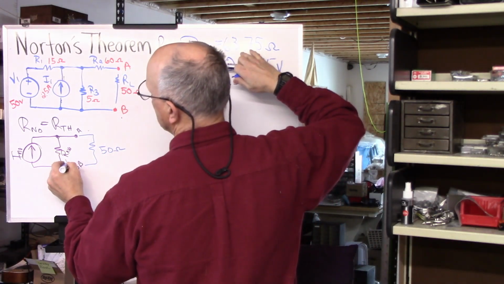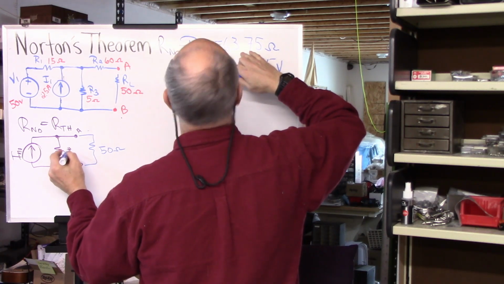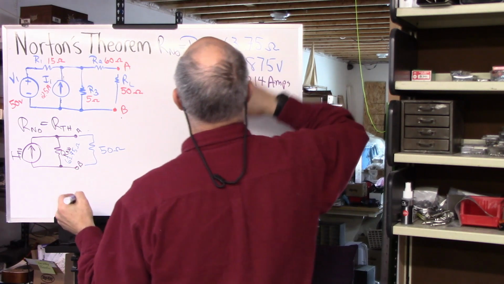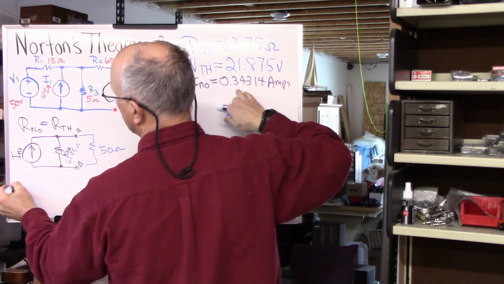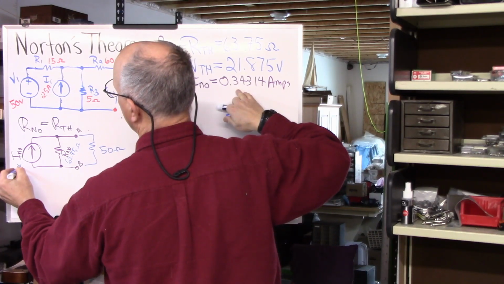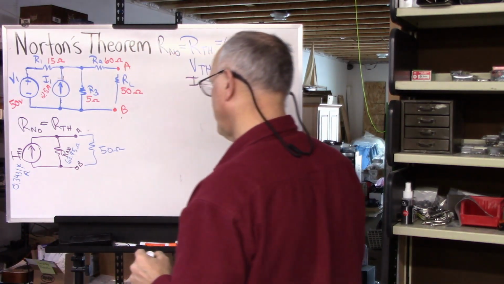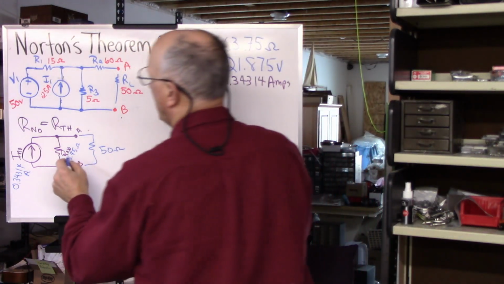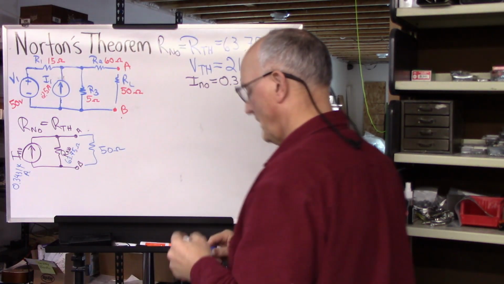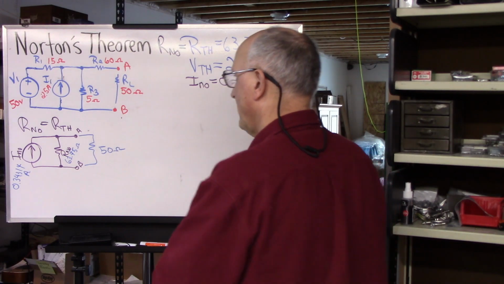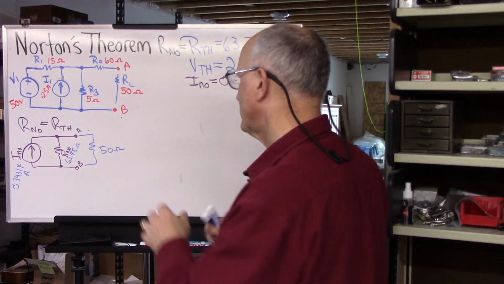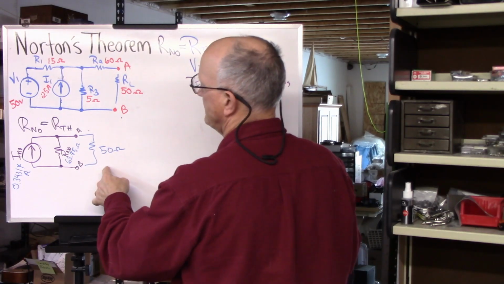The Norton resistance is 63.75 ohms. This current over here is 0.34314 amps. And when we do that, the thing that we see here are two resistors in parallel. And there's two ways we can do this to calculate the current across this